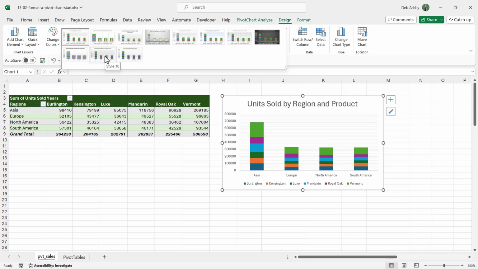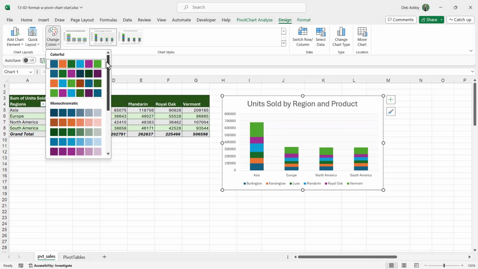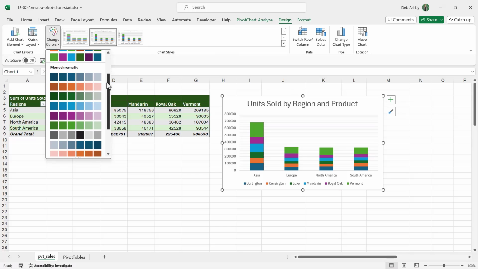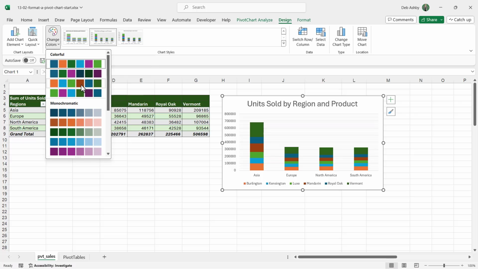So maybe I decide that I like this one that has more grid lines. I'm going to choose style 10 to apply it, and notice that we have a much bigger chart title as well. If I want to change the color scheme, so the overall color scheme of my bars, I can go to change colors, and what I'm going to see in here is all of the different palettes within the theme that I'm using. So I can go through and hover over and you can see the changes that that's making